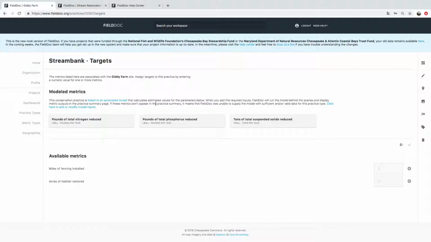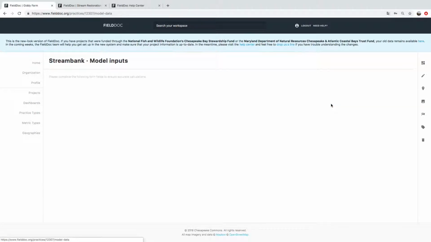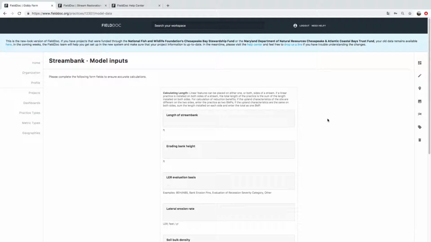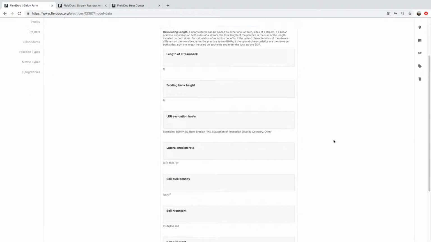Since stream restoration is not an efficiency and has no effect on loads, we can't calculate it automatically. If you choose this practice, you're going to have to provide some inputs. So to do this, you're going to click on the URL that says click here to add or modify model inputs. And just to make sure you see that, it's what I've highlighted. So we're going to click on that, and it will bring you to another page that has a long list